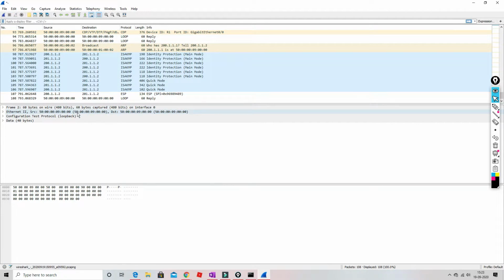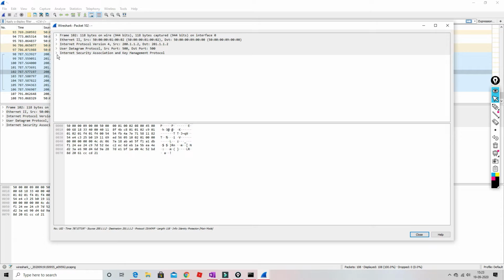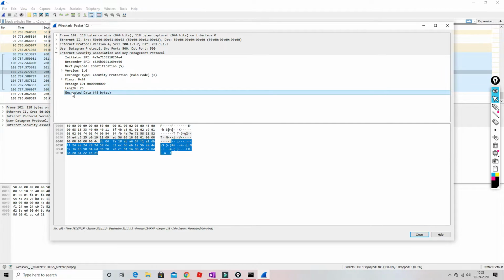Now we'll stop the Wireshark. As I have told you, the fifth message will start encrypting, and we'll not be able to see what is inside. Once we decrypt the message, we will be able to see what is inside this encrypted data.